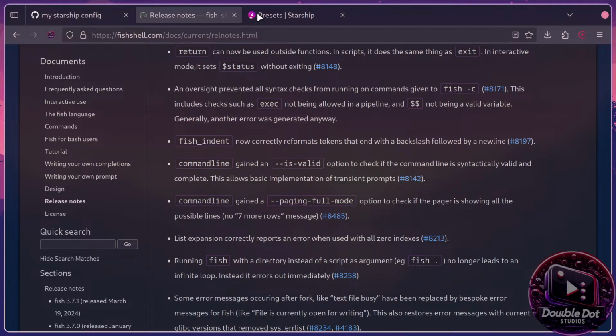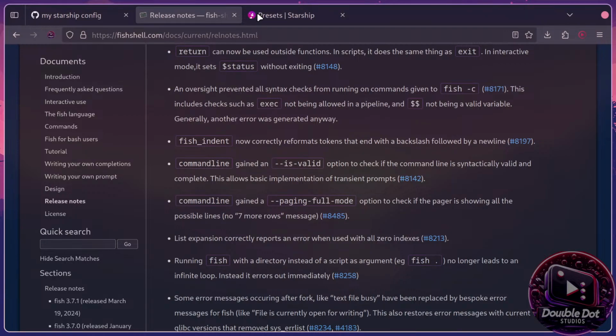Write format. Okay, so we can go into .config, and then we can edit starship.toml. It should be in, we can do this,